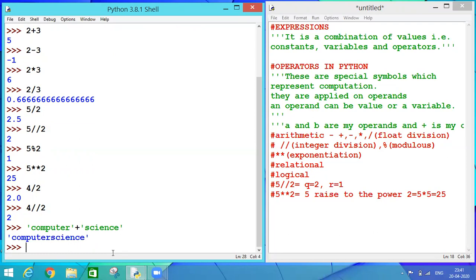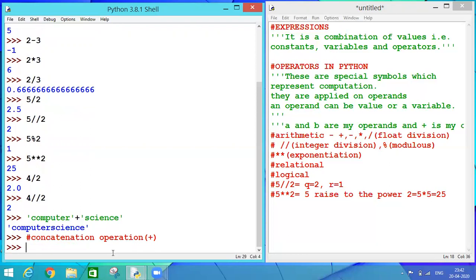This functionality is known as concatenation operation, which takes place with the help of this arithmetic plus operator. So if I apply this plus sign between my numbers, it will add my numbers. And if I use this plus operator between my strings, it will add both the strings in this way. So addition means combining, or we can say joining two strings together. And this operation is known as concatenation operation.